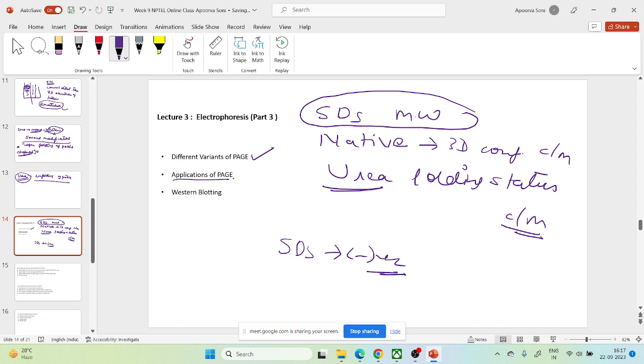Then we'll see what are the applications of page, and then Western blotting. So Western blotting is also very important when it comes to your experiment point of view. Western blotting is a very important technique. Also, questions also come. But if you're focusing on competitive exams, more questions would be on electrophoresis. Anyways,